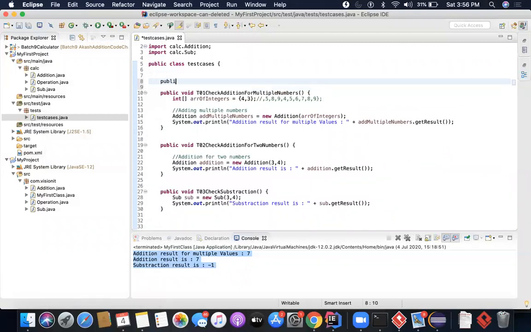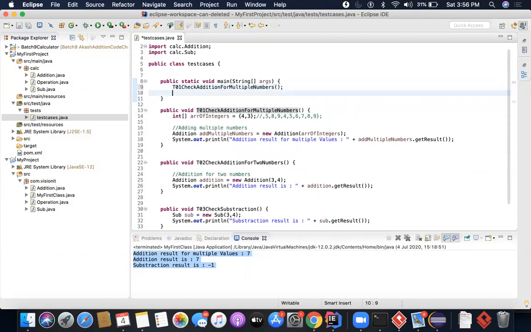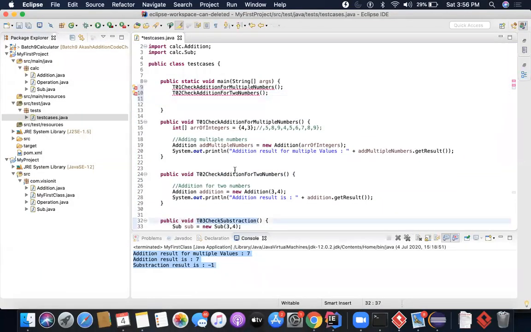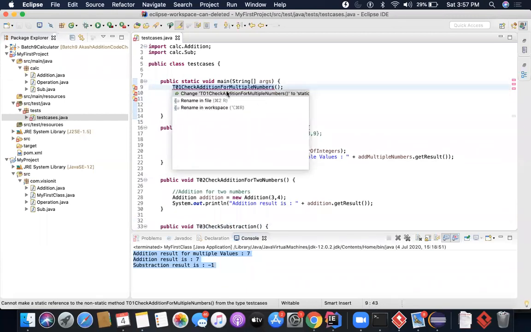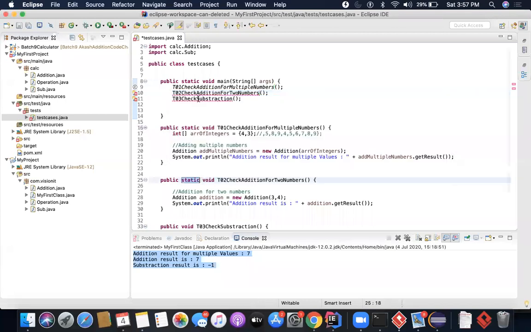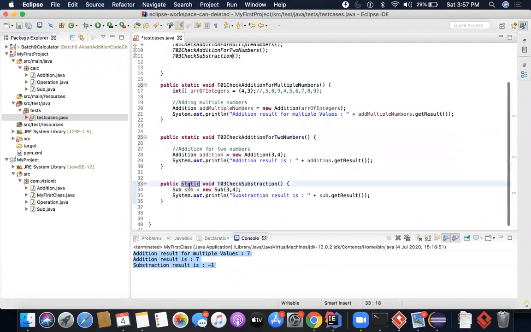The first thing is the traditional way, public static void main, String array args. I will use this and I will call these methods basically. So I will write here execute this, then execute this, and then execute this. Now to run this, I will have to make them static as well. That's the error. So I will make it static, static, and static. That means I have just added a keyword called static in front of them, because in